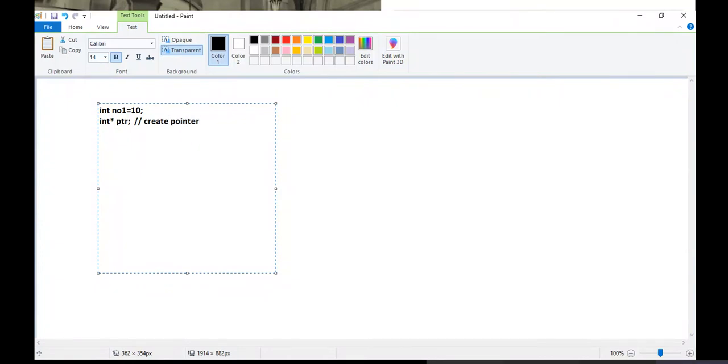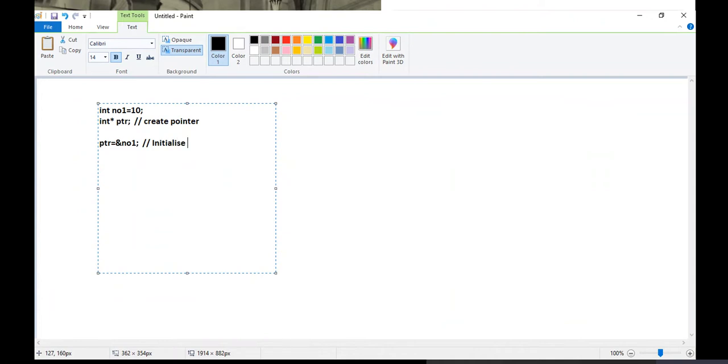Okay, now let's use this pointer. Why am I creating this pointer? Because the role given for this pointer is to represent this value, which is pointed by number1. So what will ptr do? ptr will store the address of number1. That will be the role. So let's initialize or instantiate this ptr. ptr equals ampersand number1, something like this. Okay, so this is called instantiation or initializing the pointer.